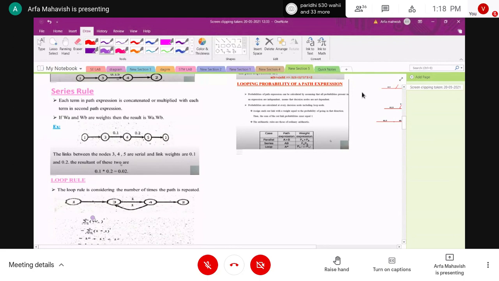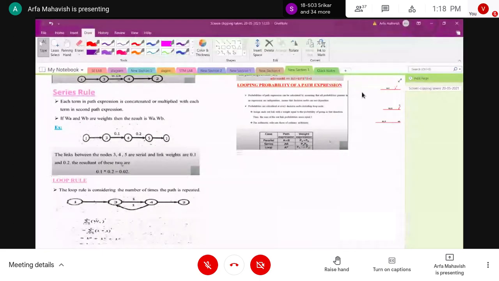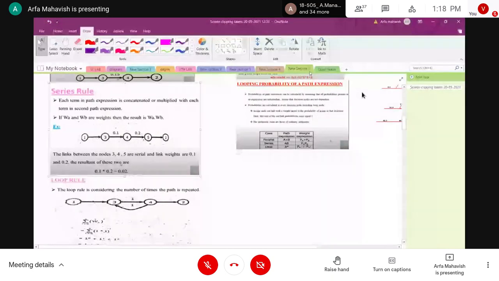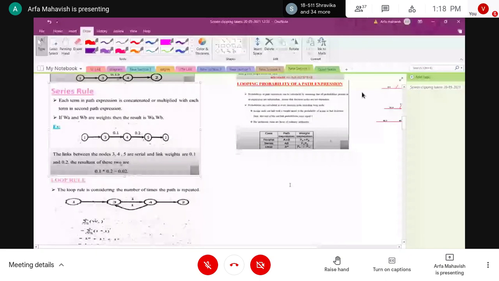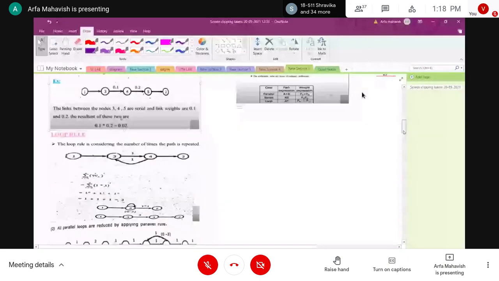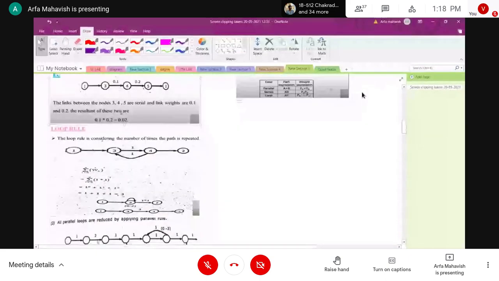So this is the rule for serial group, and this is the loop. Okay, so this is the rule for loop. Whenever you are going with the loop, then you have to go with the star symbol, that is sigma W star A power i. As I said, the weight is always considered as 1 for nodes. So here this is node 1. This is your example of the loop. You are using this formula and giving the node name, that is 3 to 4. Here we are getting the loop 1 to 1.